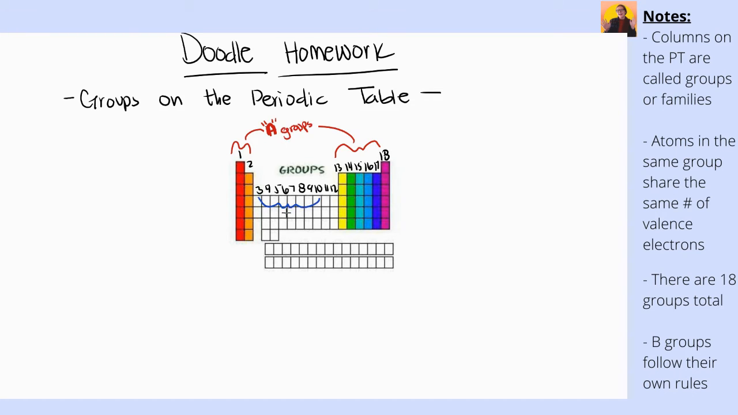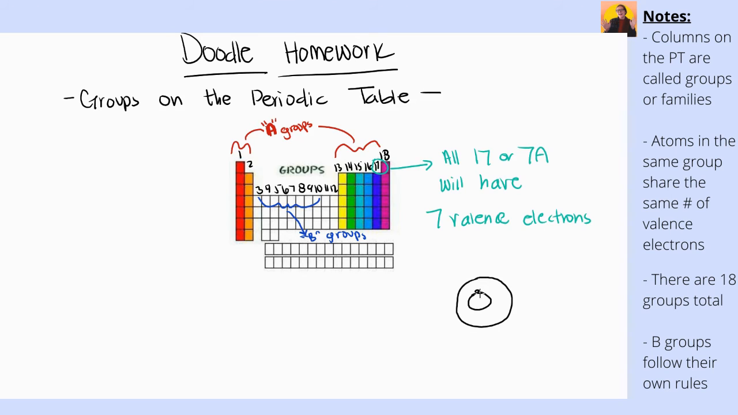The group number can be used to help find the number of valence electrons an atom has. All of the A group follows this rule. Any atoms that are part of the B group do not. For example, if we looked at group 17 or 7A, we would see that all atoms in this group would